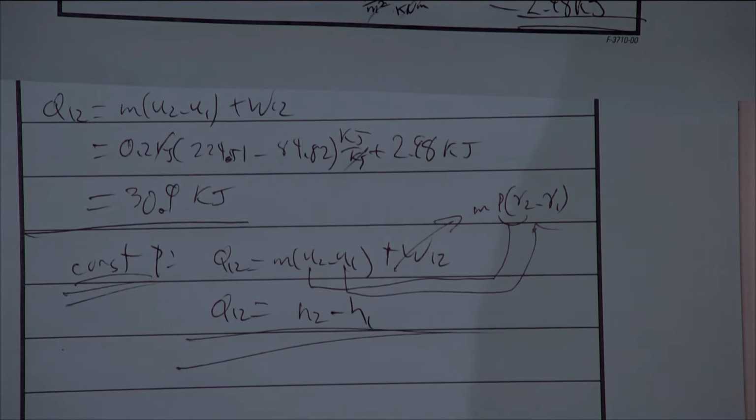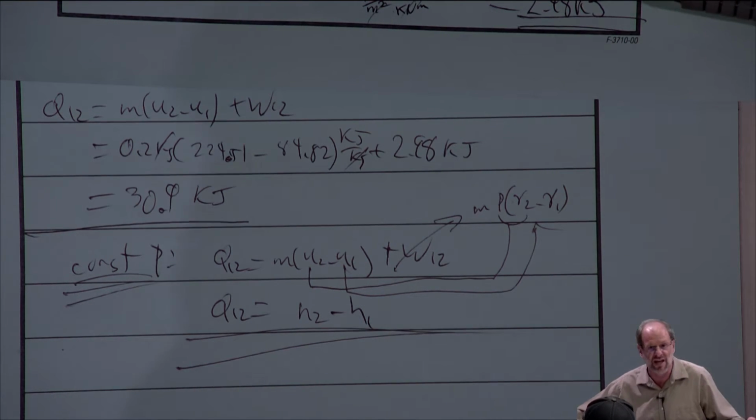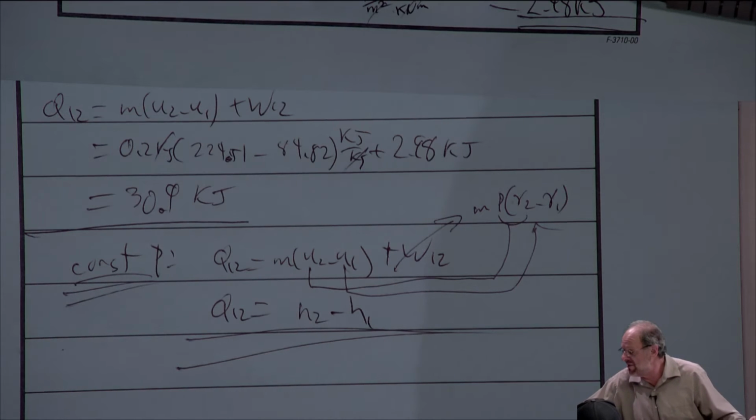I could have gone back to state point 1 and said H1 equals HF plus quality times HFG. H2 is just HG, right? And I could have found the heat transfer in a slightly more direct fashion. Now you may wonder, well, why didn't I do it if it's a little bit easier to do it that way? Well, the reason I didn't do it is because the author asked me to calculate the work. If I have to calculate the work anyway, what does it really matter?